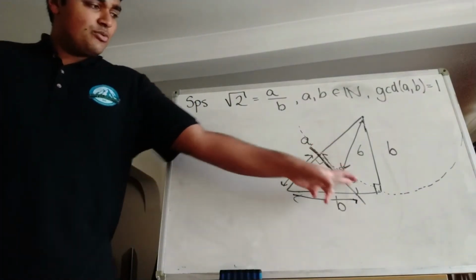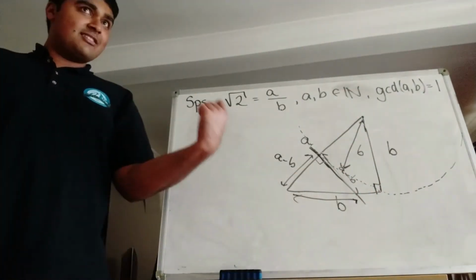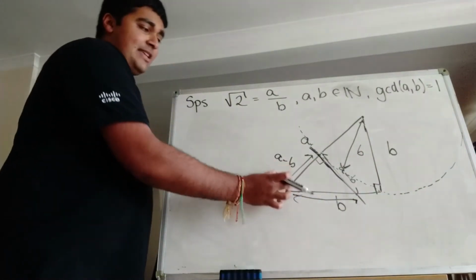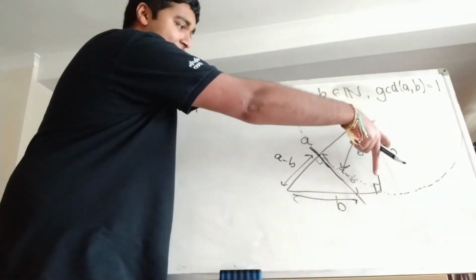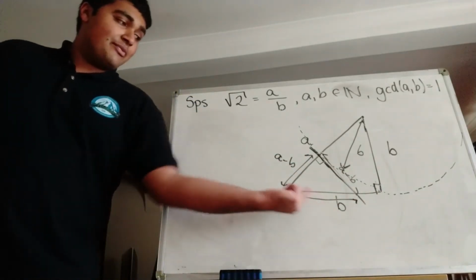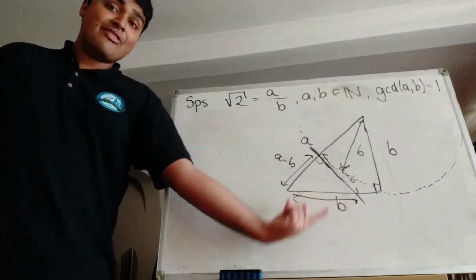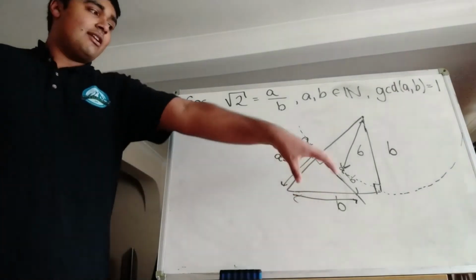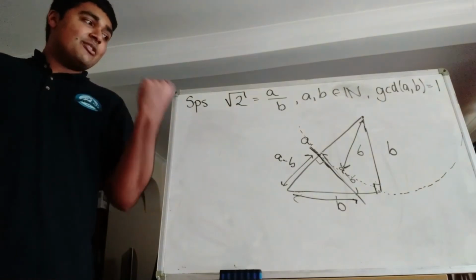We've constructed this new right angle triangle, which we know is similar to our bigger right angle triangle by side angle side, I guess, because this side here is in a ratio of b over a minus b to this side here. Similarly, this side here has the same ratio to this side here, and this angle is the same in between. So if we can show that this remaining length here, which corresponds to this long length here, is an integer, then we'll arrive at our contradiction, because we found another right angle triangle which is similar to the one before, except now it has integer lengths,